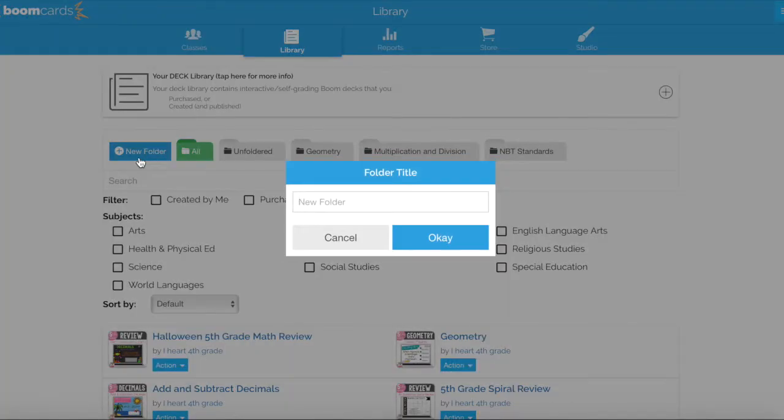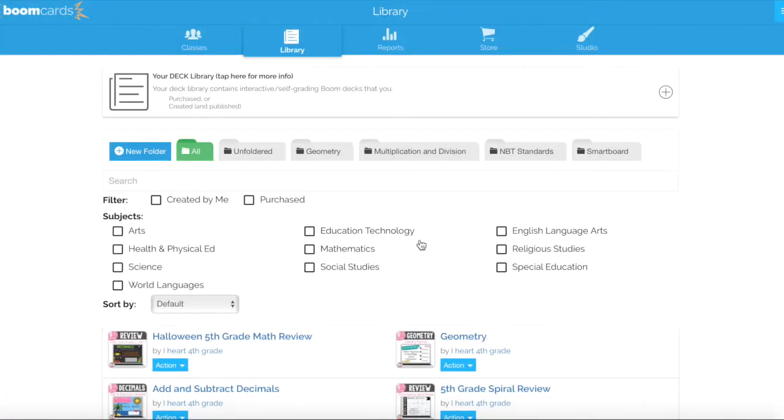And I definitely want to create one called Smartboard because when my students come in the morning while they're getting unpacked, I usually have Boom pulled up on my Smartboard and the students can come up and pick a deck to work on. But sometimes they're having to scroll through my library and they're asking me, will this work on the Smartboard? So I want to have one place where the students can find all the decks that work on the Smartboard. So those are typically multiple choice and multiple select decks